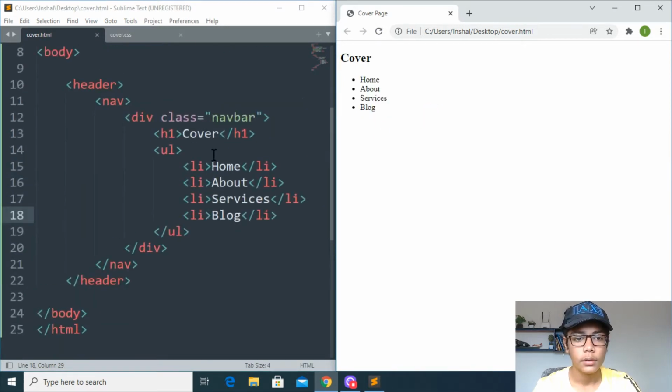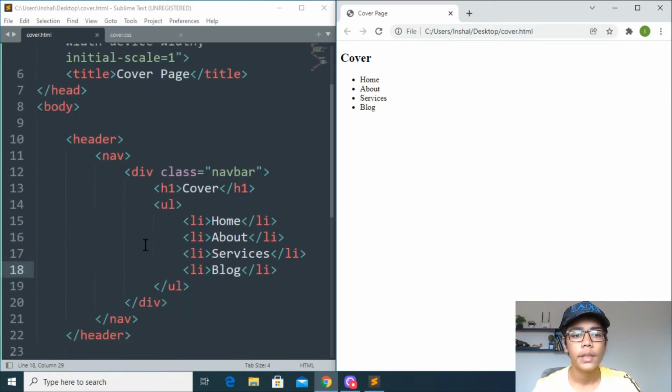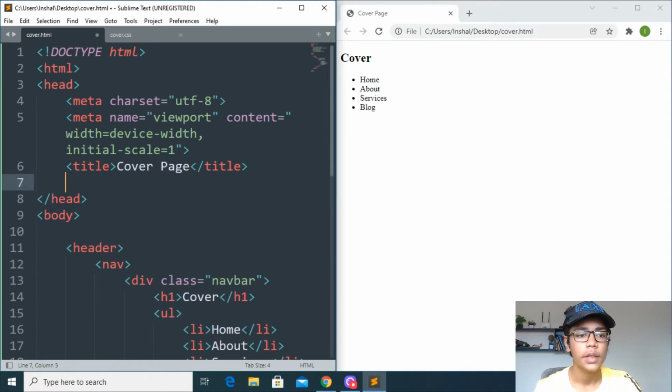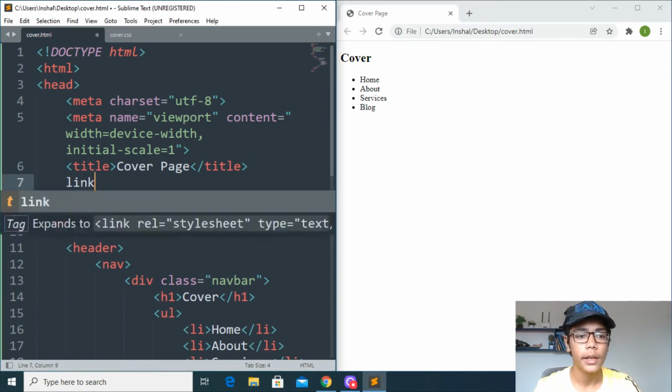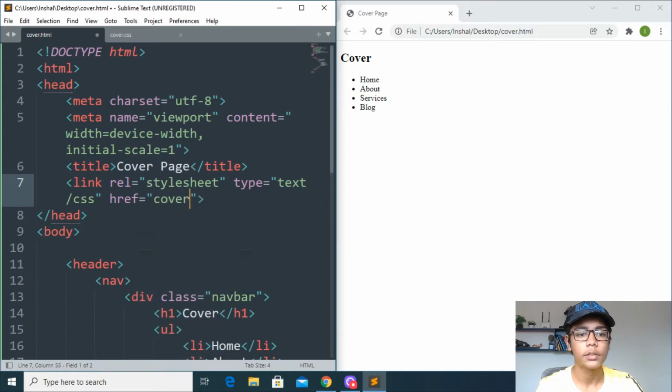You can see. So now I have written that, so you have to just style that so it can go at the right side and it can just have some margin and padding from the top and look good. So we will be doing that with CSS, but before starting the CSS we have to link our CSS sheet with HTML sheet. So for linking that you have to write a link tag and then press enter. Here you have to just write your style sheet name, like we have put cover.css.